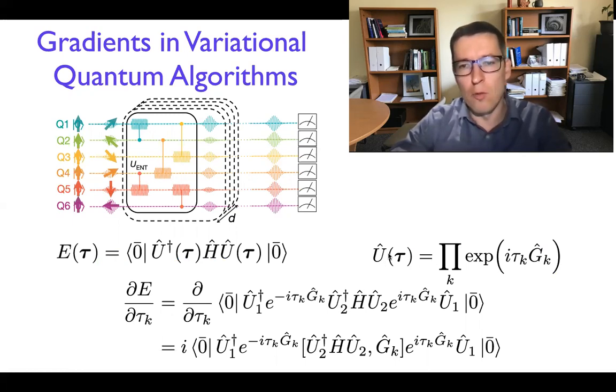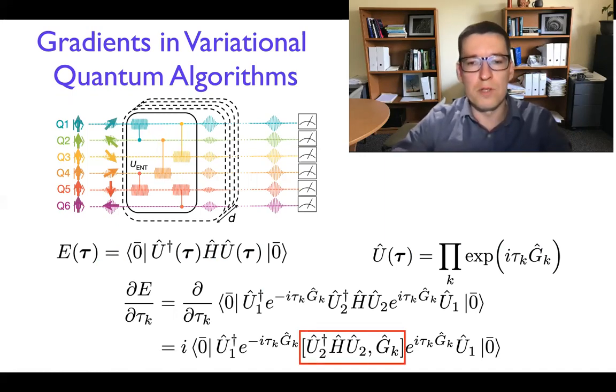really part of the global U. If we want to differentiate a particular generator, because generators usually don't commute, or in general don't commute, then we have part of this product that is before the generator, the one we want to differentiate the amplitude for, and U2 is anything after, right? So then when you differentiate this expression with respect to tau k, you can actually convince yourself that what you're getting is this commutator, an expectation value of the commutator, and